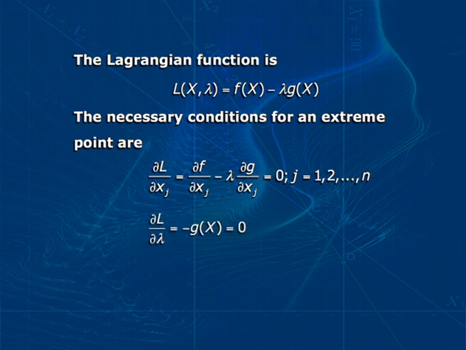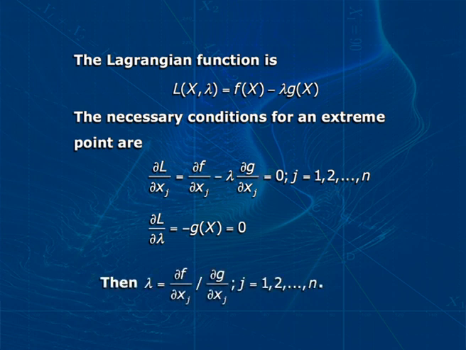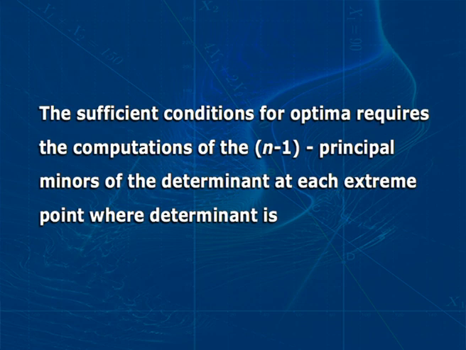Then del L over del lambda is equal to minus g(x) equal to 0, lambda is equal to del f over del xj divided by del g over del xj, where j is equal to 1, 2 up to n. The sufficient conditions for optima require the computation of the n-1 principal minors of the determinant at each extreme point, where the determinant is